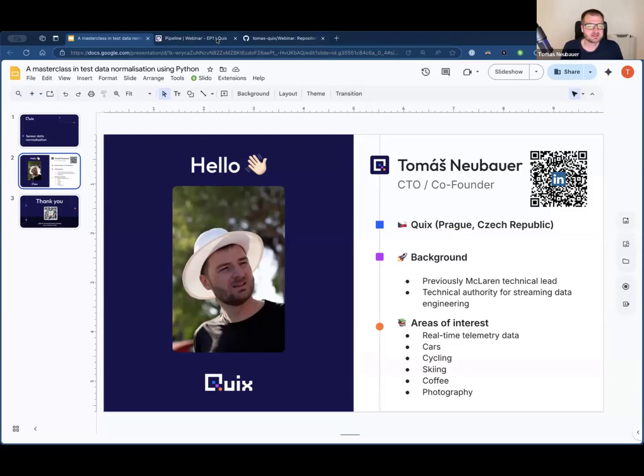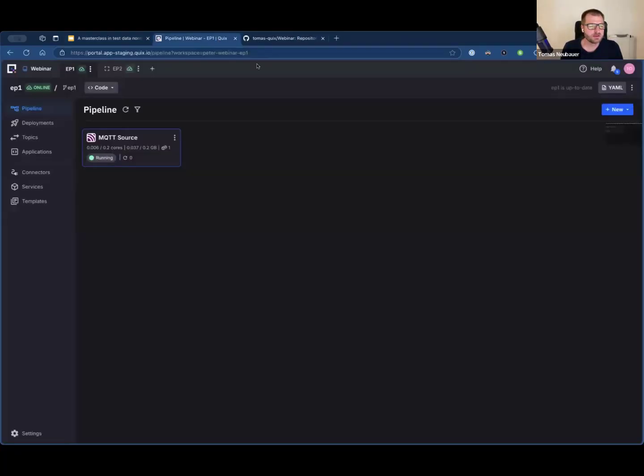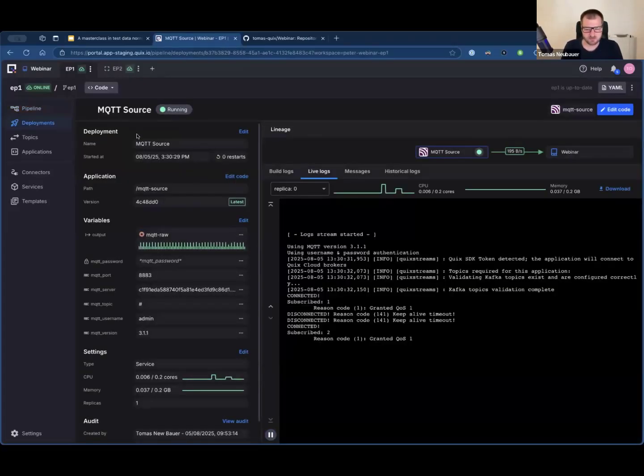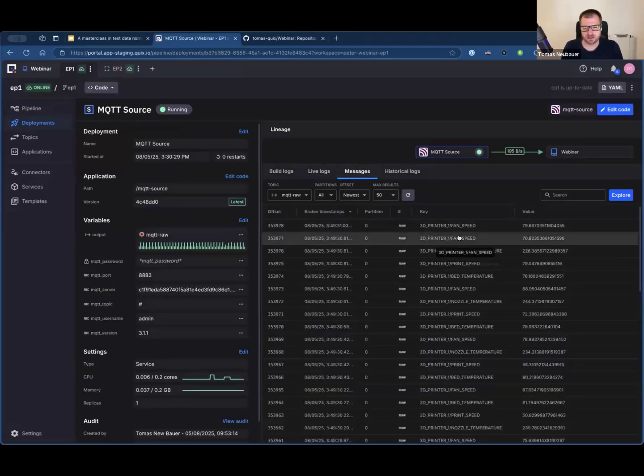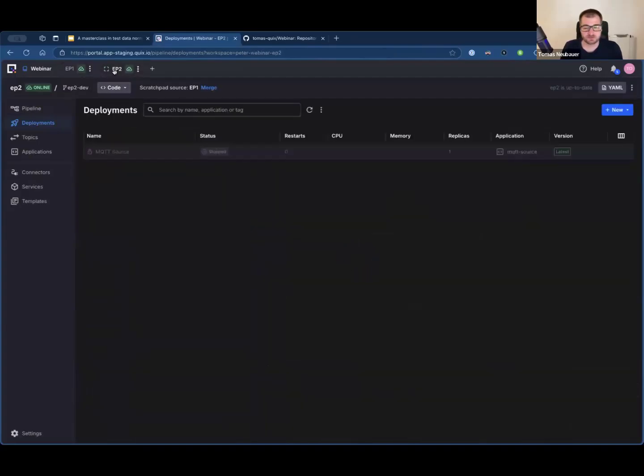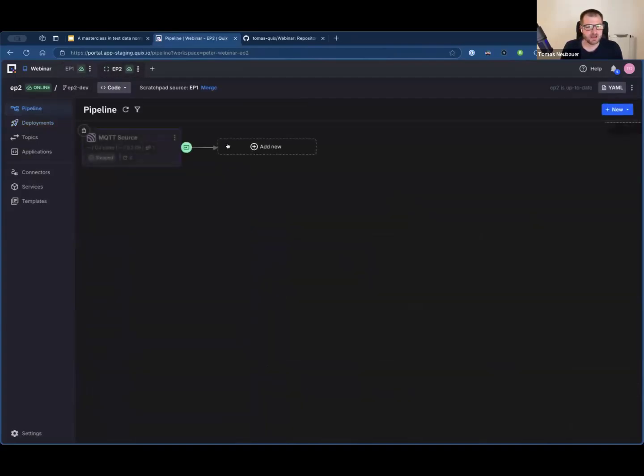And let's go to our pipeline. So this is what we have created last time, if you remember. This is the MQTT source, and it's giving us this data. So fan speed, nozzle temperature, print speed, etc. from a 3D printer. And here we have the values. Lovely. Now, we're gonna go into a scratchpad of episode 2 of this webinar, and we're gonna create a new service here